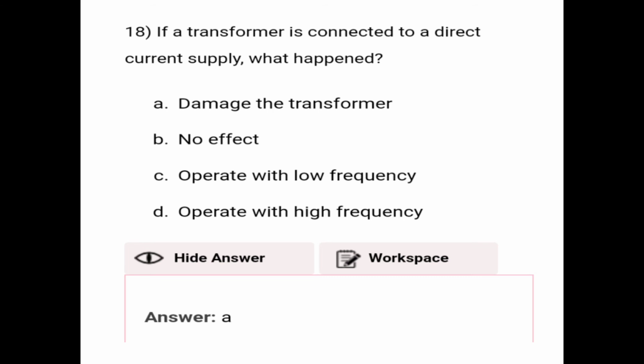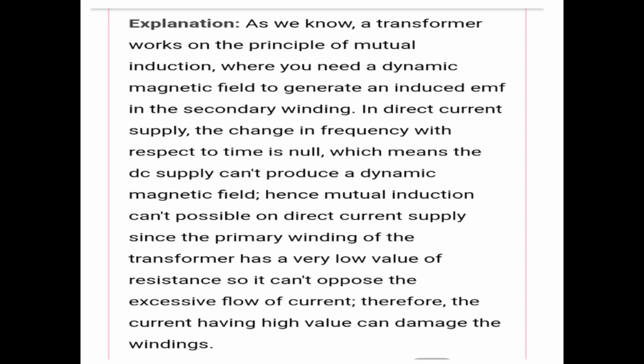Next is, if a transformer is connected to a direct current supply, what happens? A transformer is always used on AC, but if it is connected to a DC supply, then what happens? The correct answer is option A, that is, it damages the transformer. The explanation is that, as we know, a transformer works on the principle of mutual induction, where you need a dynamic magnetic field to generate and induce EMF